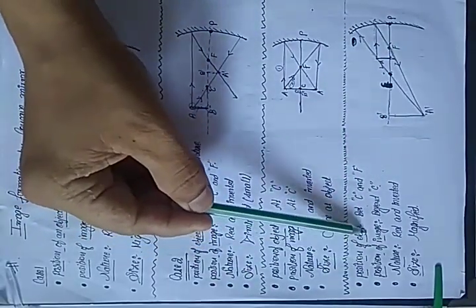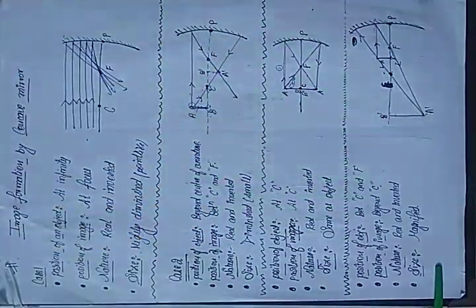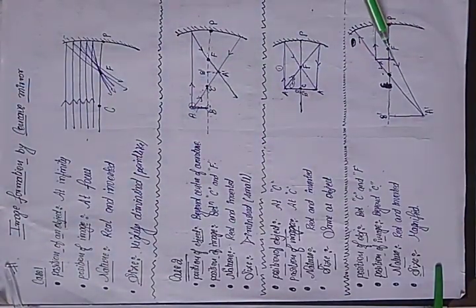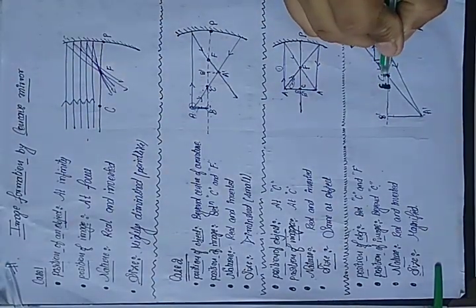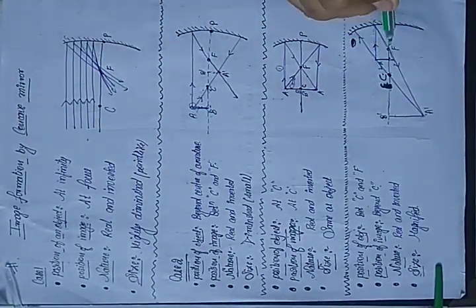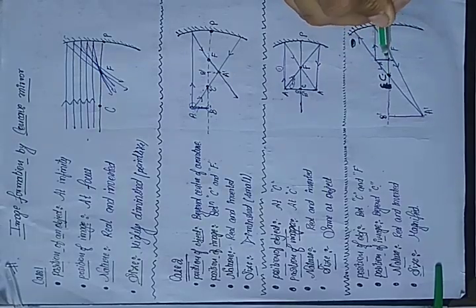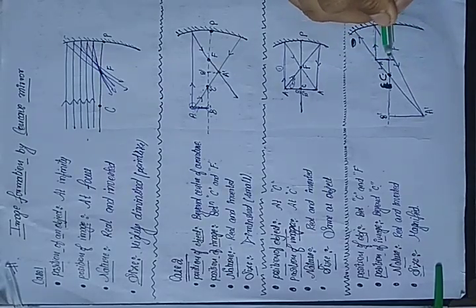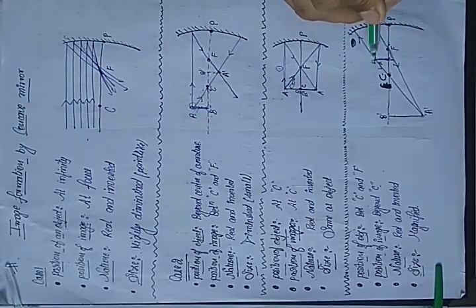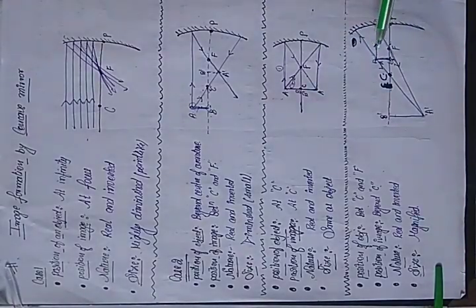If the position of an object is between C and F. Now see, this is our center, this is our focus. We are just between this. This is center, this is focus. So in between this, we are standing here. This is our object. This is A and this is B.